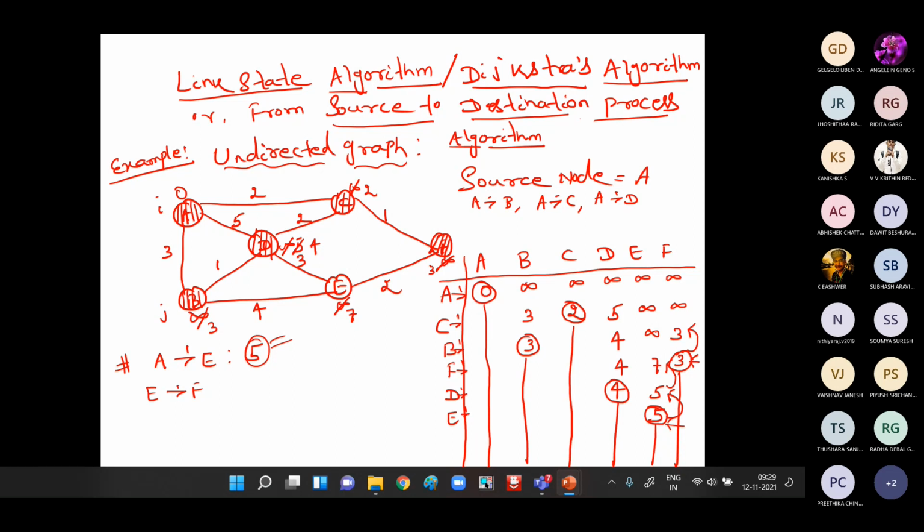So it won't pick any value, the lesser minimum value it won't pick, it will be as it is. Then here, from 3 to infinity, some value is changing, whether it is a lesser value or a greater value, it doesn't matter, some change is observed here. So we have to find the minimum value for this row. Which one is the minimum value? 2. So we have to mark it as C.